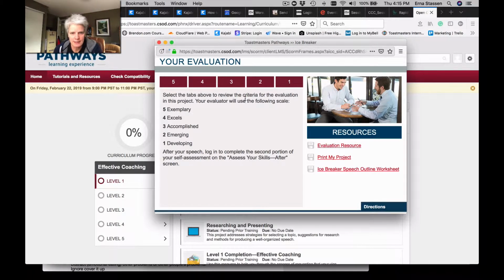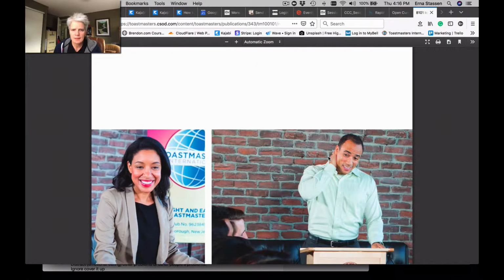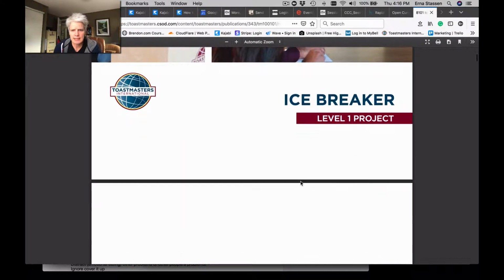So here it says evaluation, and I don't want that. I want to print my project, right? So you see here, after your speech, you log in to complete the second portion of your assessment, but you do the assessment, then it gives you an evaluation resource. It says print my project, and then an Icebreaker speech outline worksheet. All of these you can print out. I'm just going to click on print my project, and again another window will open, and it'll say Icebreaker Level 1,